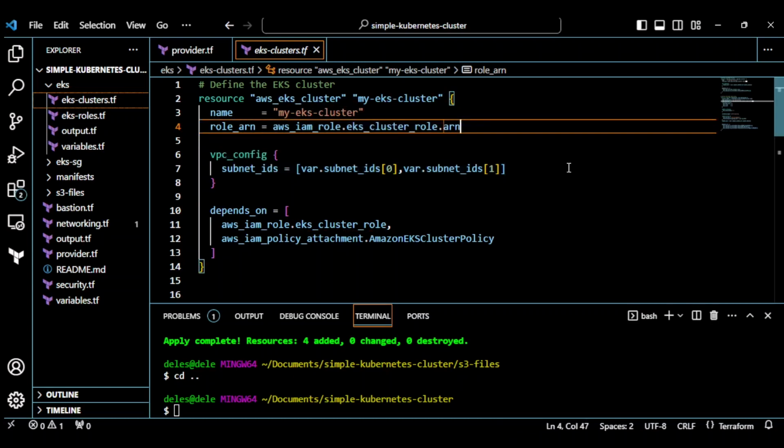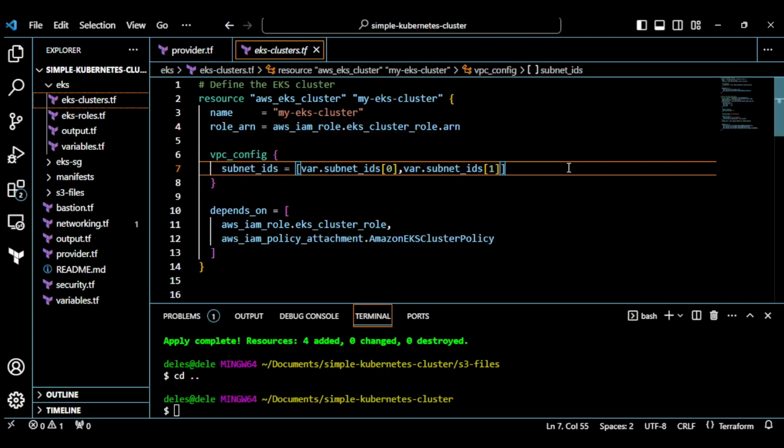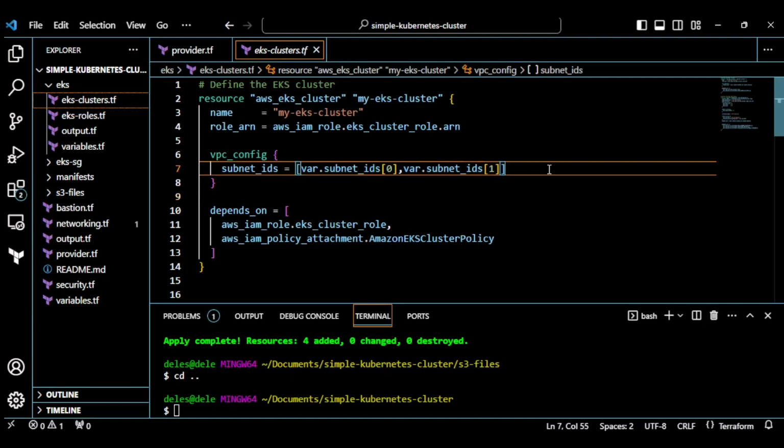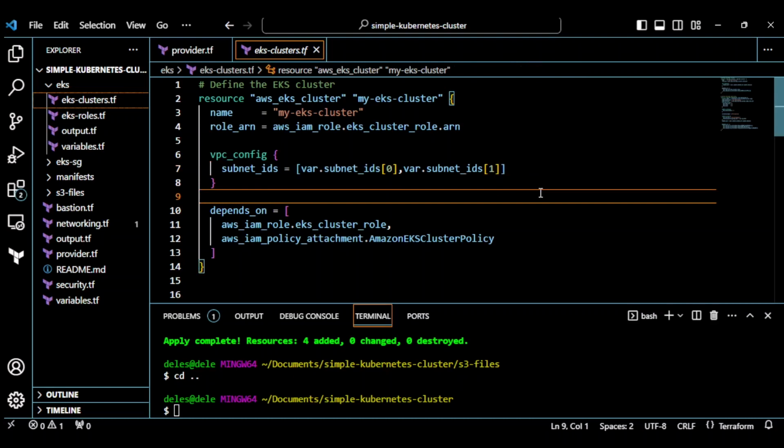Here we're going to configure the subnets in which this will be created. So the subnets, it's like in angle brackets. It's an array, a list type, and there are 2 variables: subnet IDs, and the index is 0 or 1. So therefore, we can pass 2 subnet IDs into this